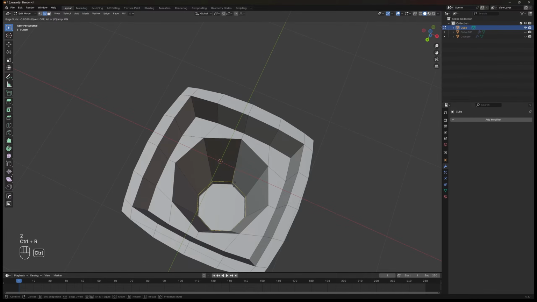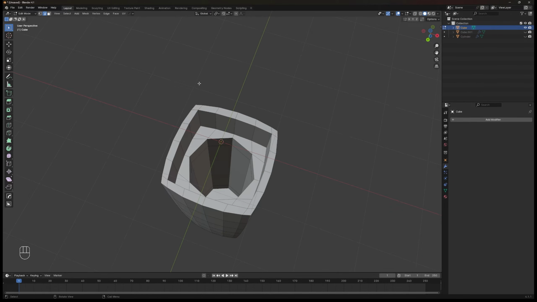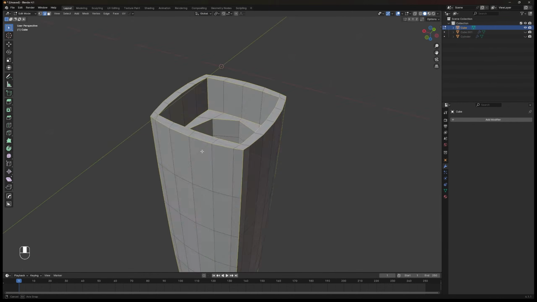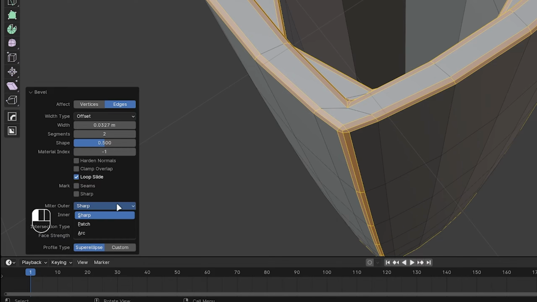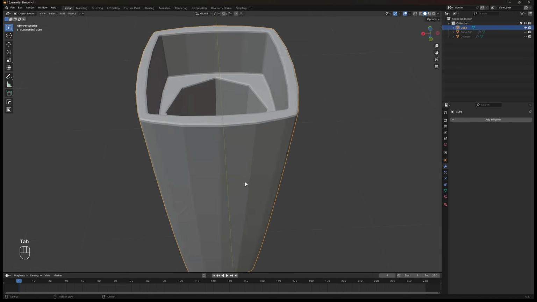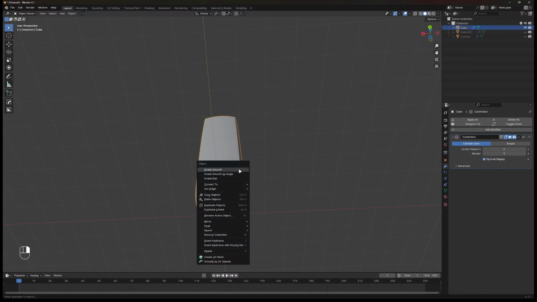Add a support loop cut on the inside cylinder, then select the sharp edge. Deselect the inner vertical edge loop on the cylinder, then bevel the edge with 2 segments. On the bevel option, on the bottom left, change miter outer from sharp to arc. Lastly, show subdivision and set smooth.